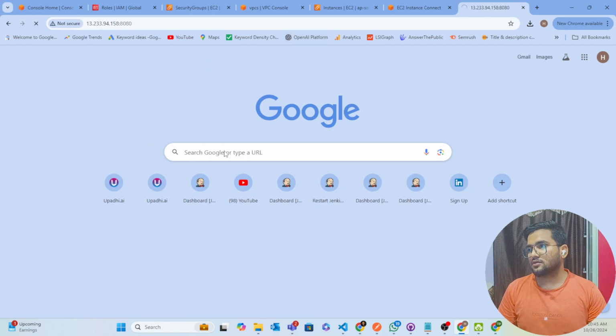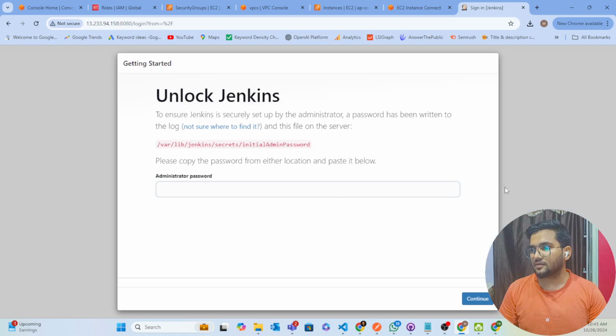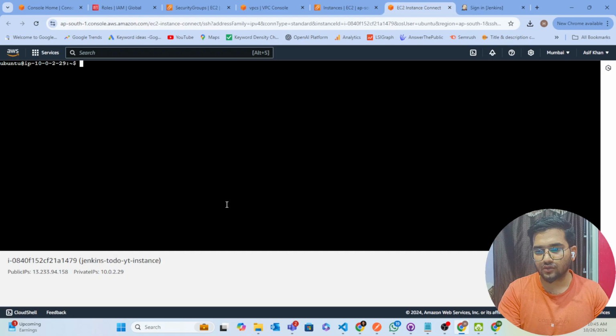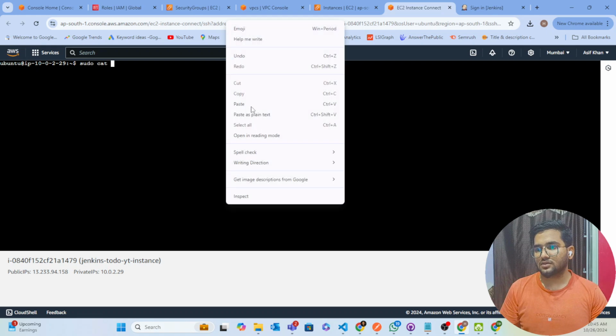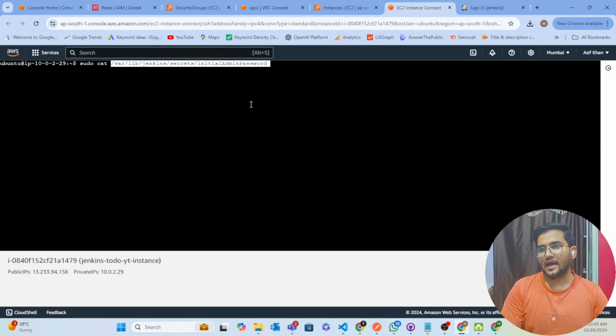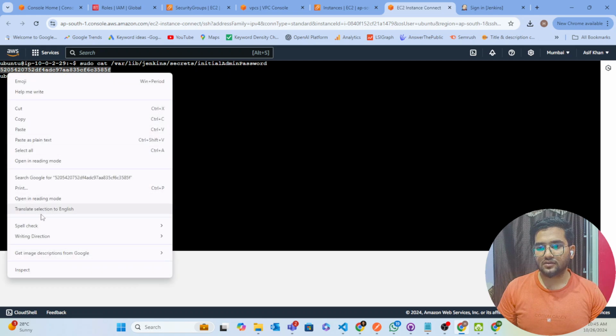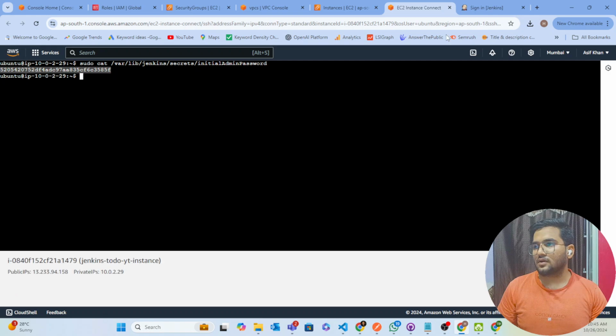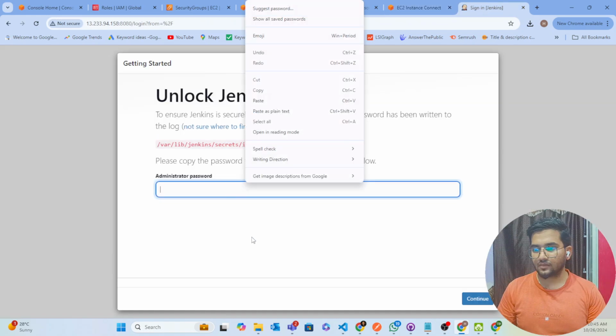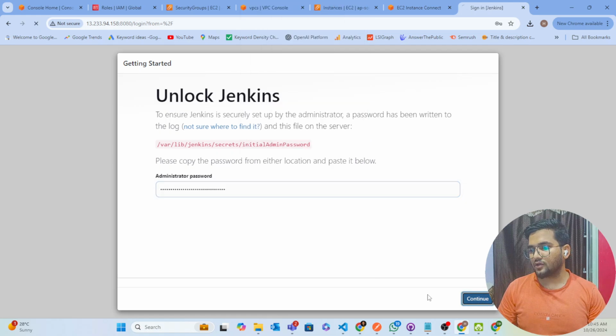Okay, you can see our Jenkins will be accessed here. See, it is asking for the Jenkins administrator password. So what we need to do is copy this, come here and execute sudo cat, and paste this path, that is /var/lib/jenkins/secrets/initialAdminPassword. So we have got this. Just copy this and paste it in this field,